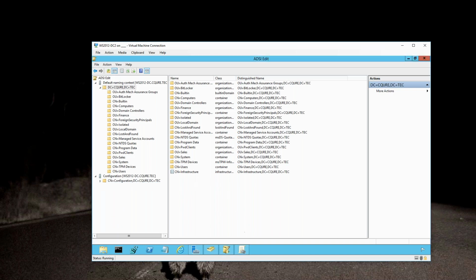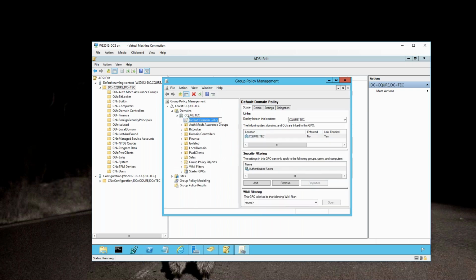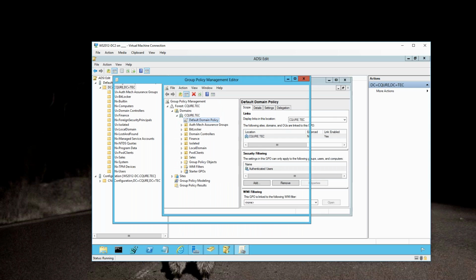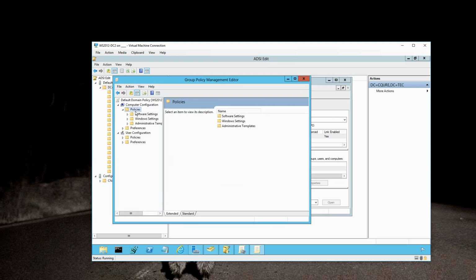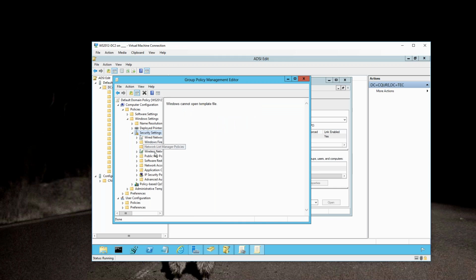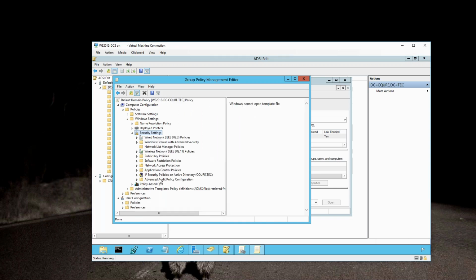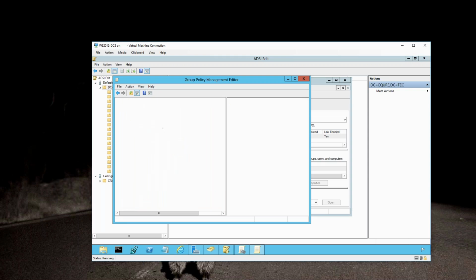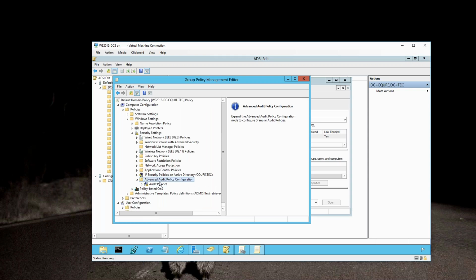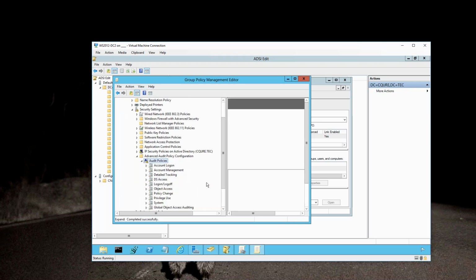And within the group policy, we can just edit maybe for now on a default domain policy. Okay, edit. And then we can get into policies, and then we can get into Windows settings and security settings. Here we go. We got our security settings. And then we've got basically our monitoring over here. And within the advanced audit policy configuration, here we go,